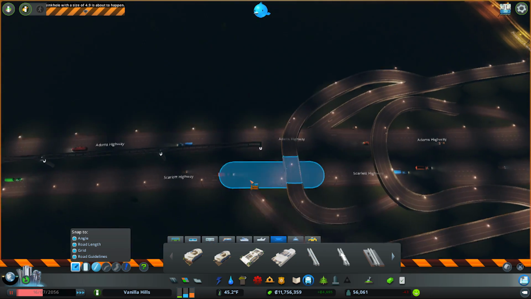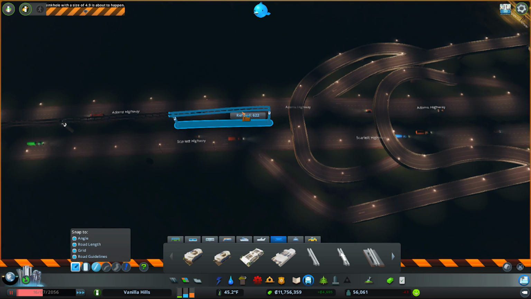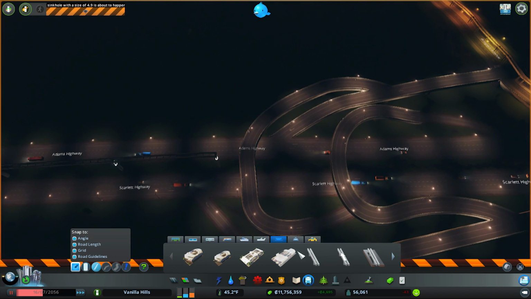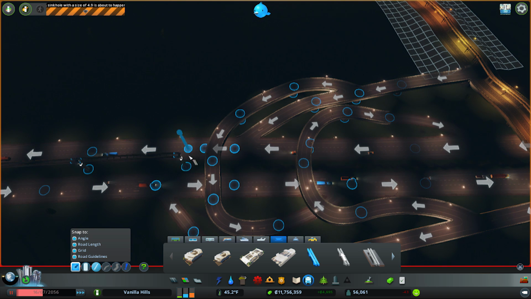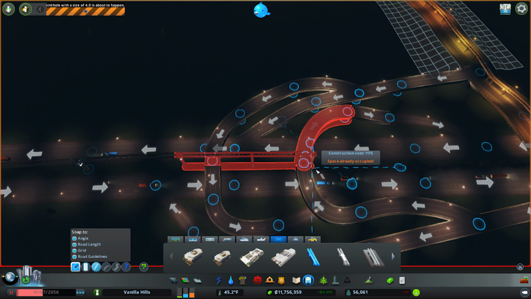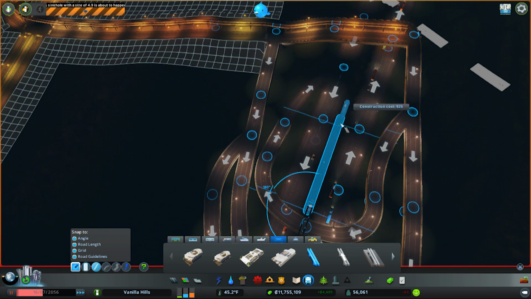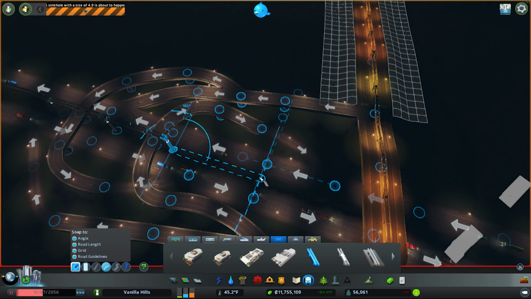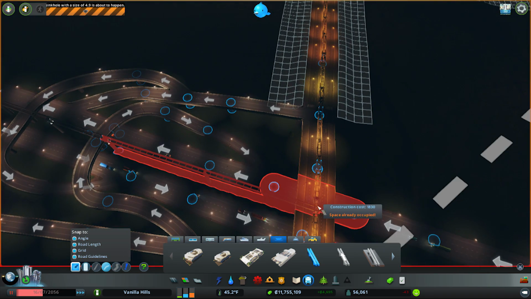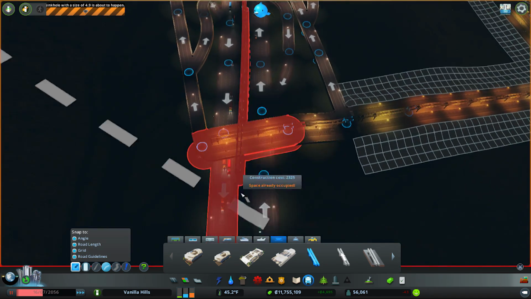Okay, let's back that off a little. And where does that put us? No, attached to that, please. That looks pretty good. All the way up to there, so we can have it go all the way up to there, and then just find a good connection point, which there